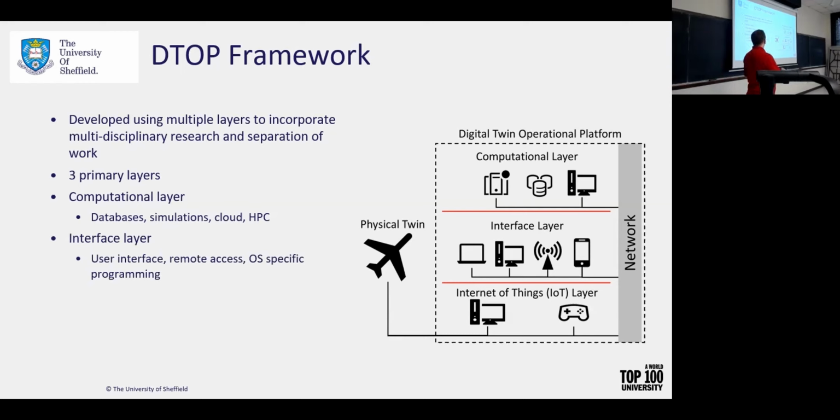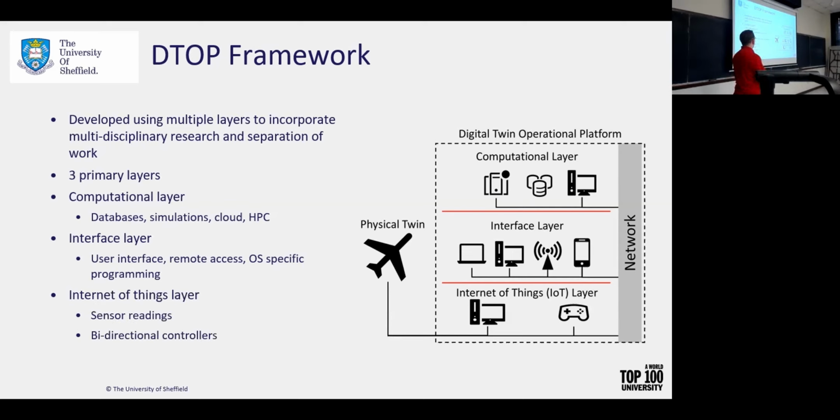The middle layer is the interface layer, and this is how the user actually interacts with the system. Many people talk about the general idea of digital twins, but very few people talk about how a user actually interacts with the digital twin. Is it through a browser? Is it through an executable? Is it through a VR headset? That's something to consider, particularly when you're making a product. So this is all done within the interface layer. And you also look at things like, do I need to be physically next to the system in order to operate the digital twin? Sometimes you do, sometimes you don't.